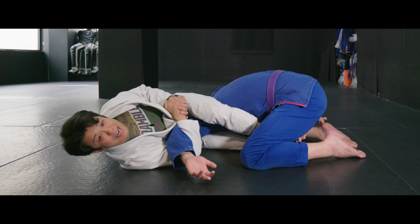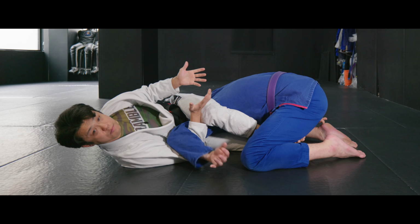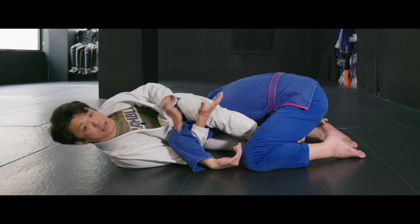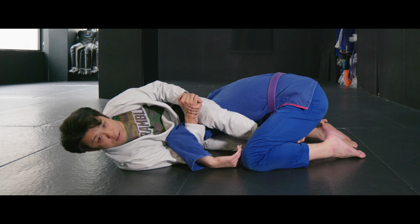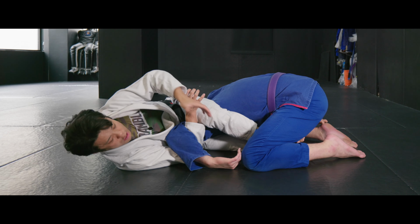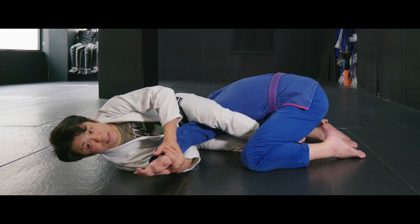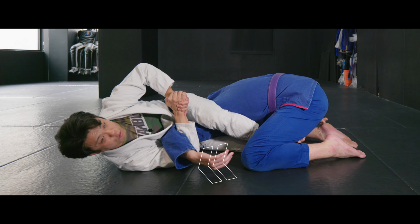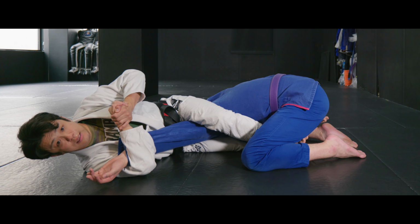Even though he wants to hide his arm, it's almost impossible to do because I use my legs and arms like below his shoulder, completely locked. Then this time when you finish, you don't need to switch your hands like the regular armbar. You've lost a frame, like I showed in the last one. Just make it shallow one like this. Then this one,